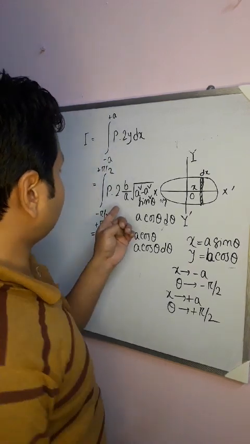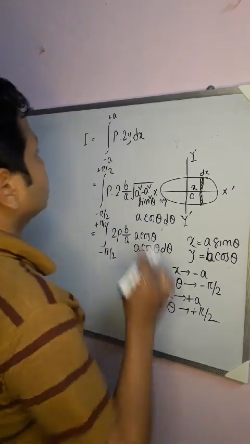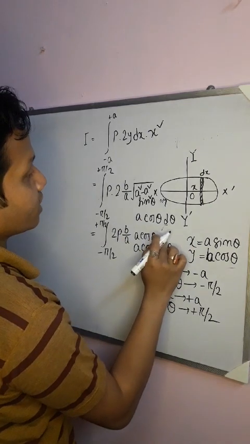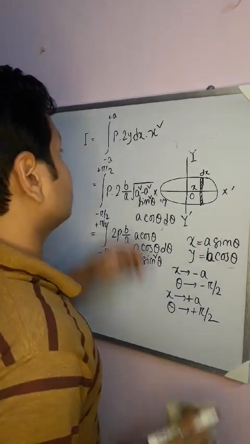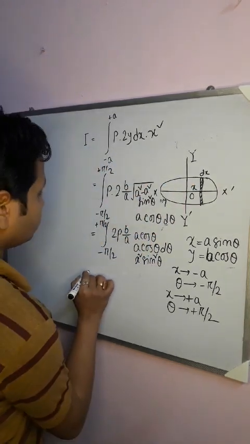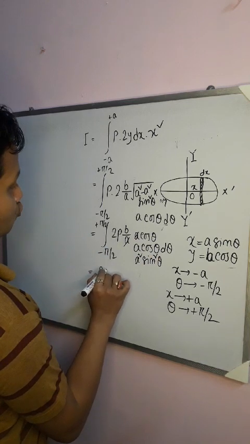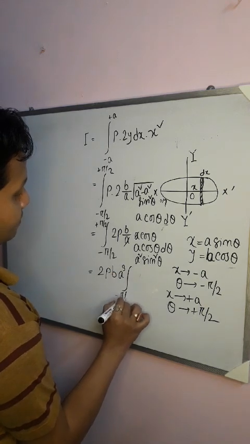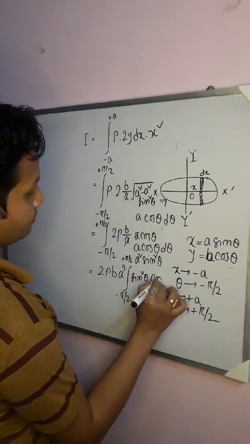Sorry, there will be an x square term, because this is the mass and this is the distance square, so we have to put here x square, that means a square sine square theta, there will be a term. Sorry, I made a mistake. So what would be the result? a cancels, 2 rho b a cube, minus pi by 2 to plus pi by 2, this is sine square theta cos square theta